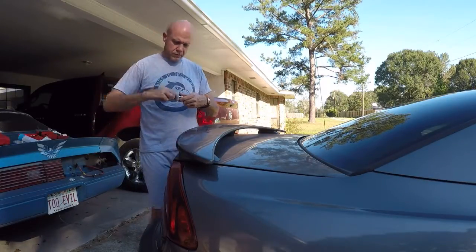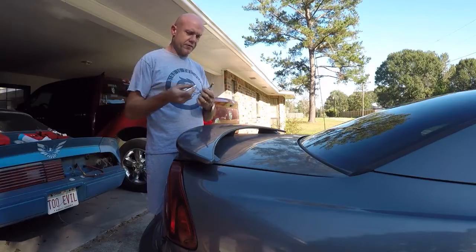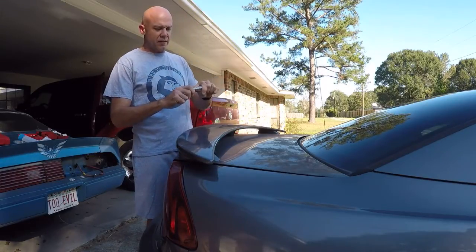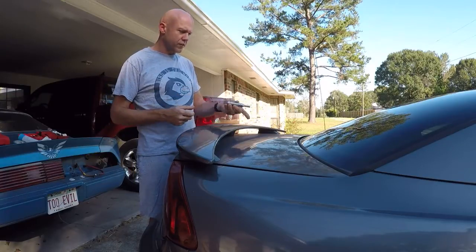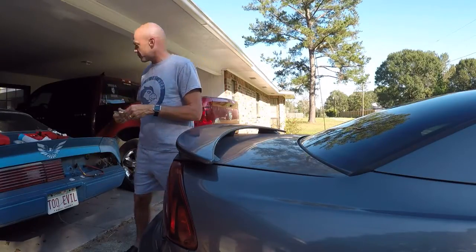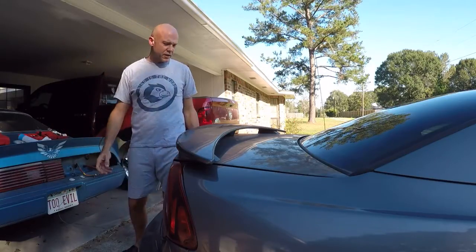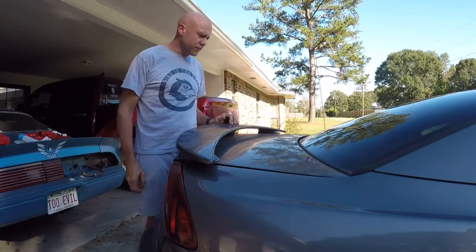quick mount, which goes in and turns a quarter turn and mounts it on there, and you pull the antenna off, which I already have. And I like putting a spring on it. This one's probably a little overdone. It'll end up most likely cracking my trunk, but I don't care. Again, the car is old, it's got a lot of miles on it, so first thing I'm going to do